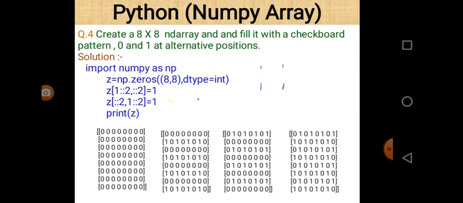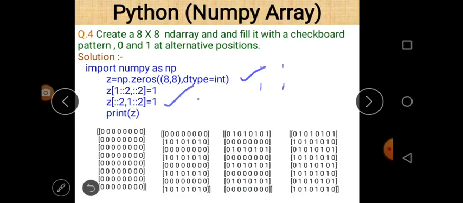And if only line number 4 and line number 2 are printed, then the pattern looks like this. But here we take statements: line number 1, line number 2, line number 3, and line number 4. Line number 1 basically prints an array whose elements are all 0. Line number 2 prints an array where, row wise, all elements are at alternate positions 0 1 0 1, and line number 3 prints an array where, column wise, elements are 1 0 1 0.